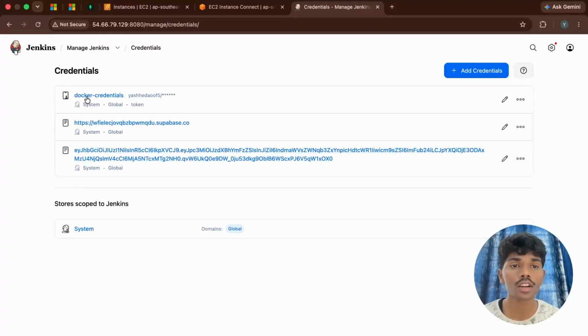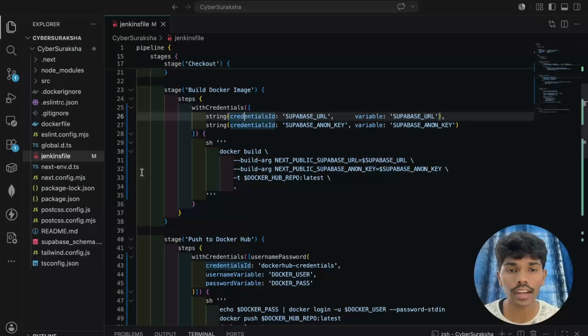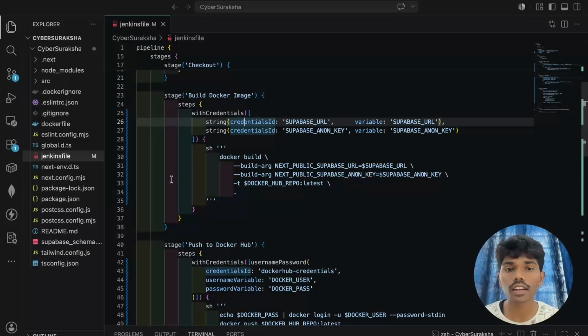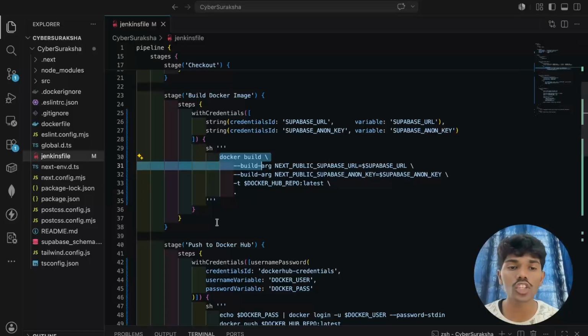As I pass the Docker credentials, Supabase URL, and Supabase anon key, that's all we require for this project, right? So after building this stage, as we see in this build command, it will create an image